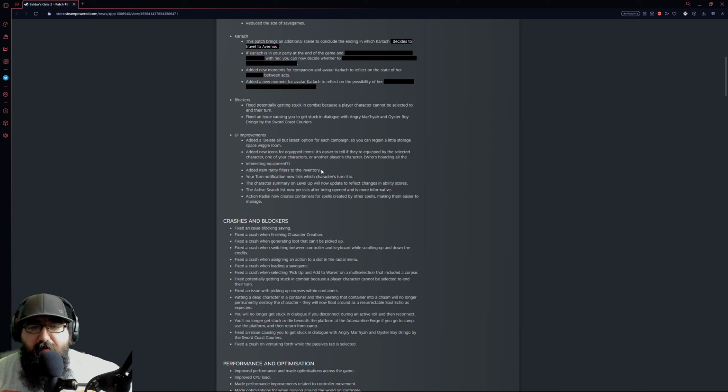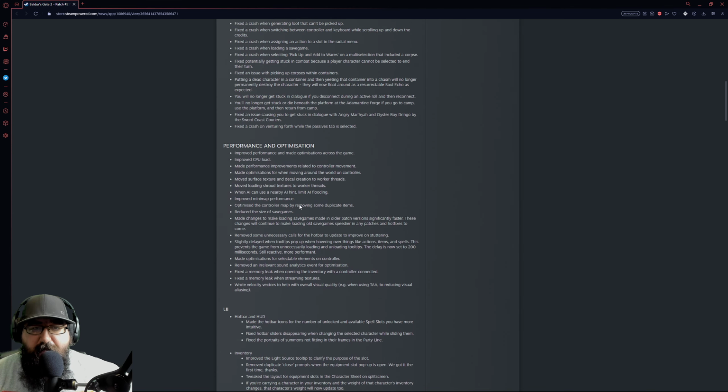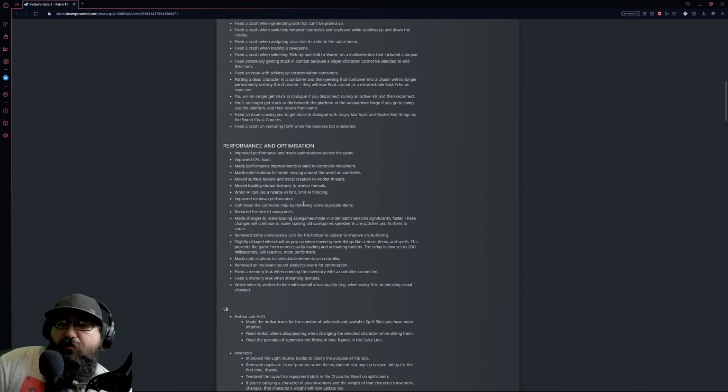Added item rarity filters and inventory. That's really nice. Your turn notification now lists what the character's turn is. The character summary on level up will now update and reflect changes with ability scores. So they did a lot of UI changes, performance optimization, improved CPU load,